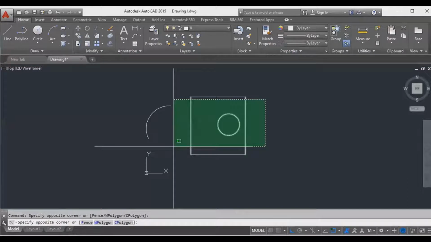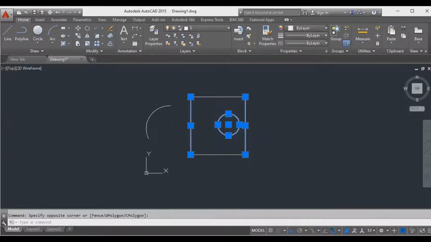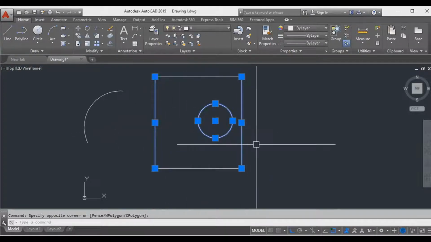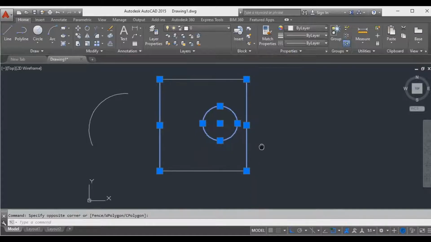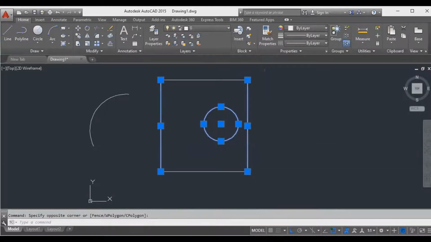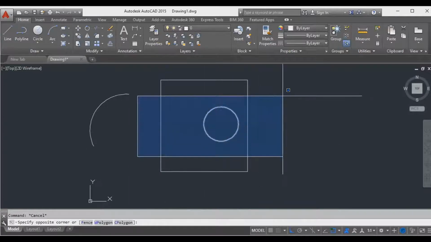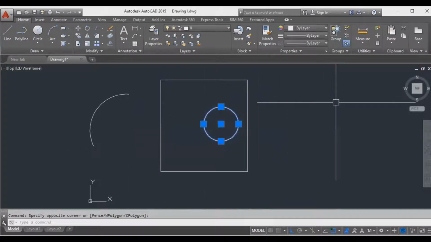Only one circle is inside the cross window box. If I select with this cross window, see now, one, two, three objects were selected, right? Last time, using open window, only one object was selected.